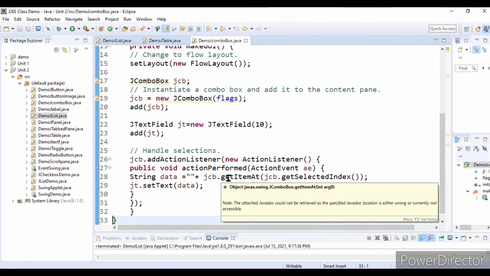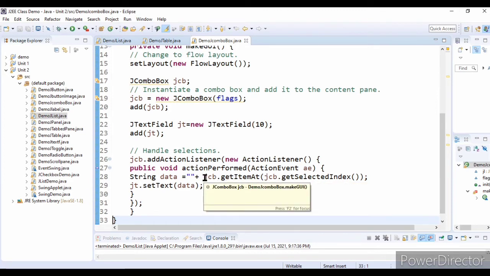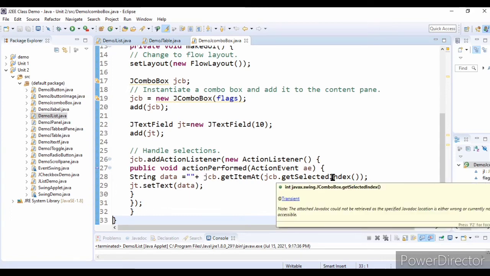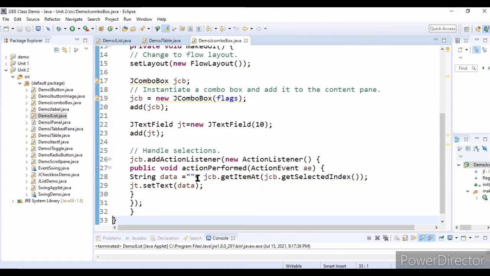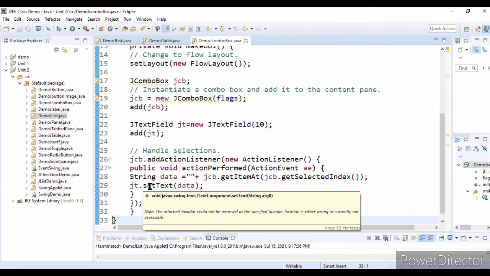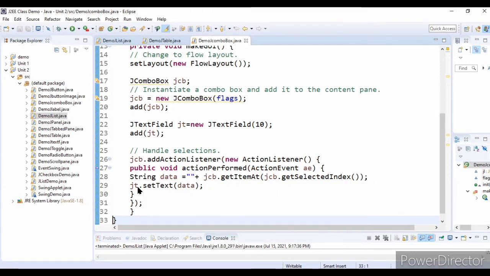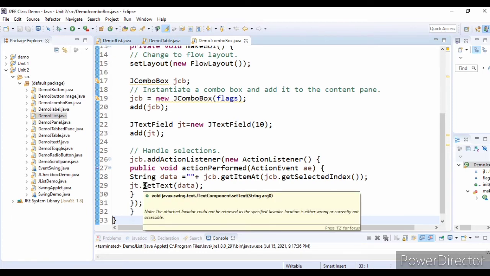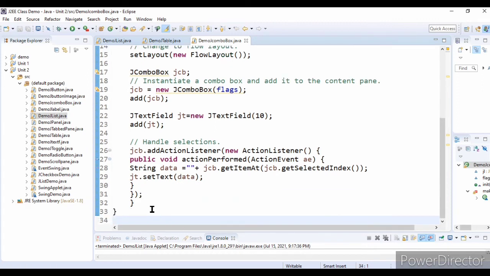I am appending a string here because these all are in the form of objects, so if I append a string, it will also become a string. That is stored in data, and that data we are setting as the text of the JTextField. This is how the JComboBox will work.